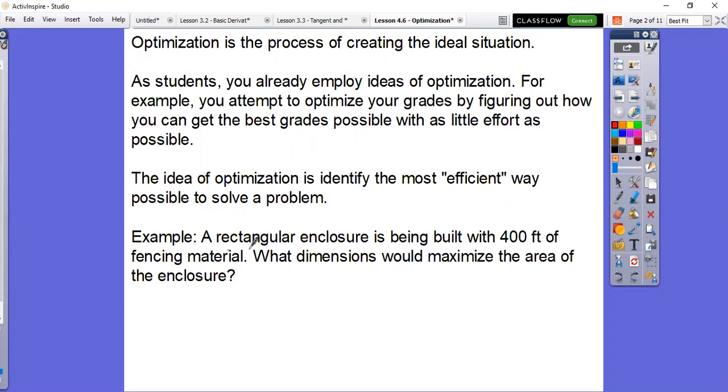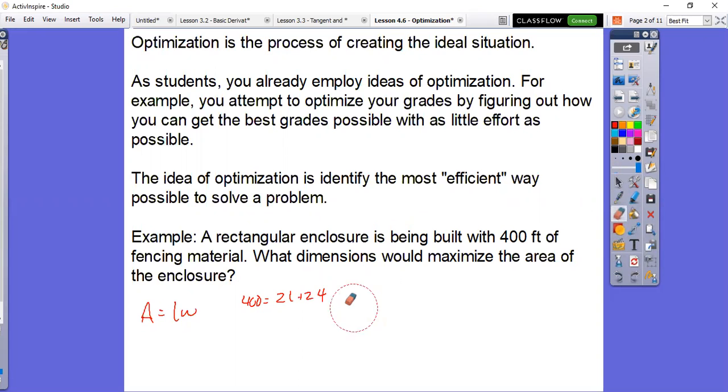For example, if a rectangular enclosure is being built with 400 feet of fencing, what dimensions would maximize the area? Basically, area is equal to length times width, right? And I know that this 400 feet is going to be the perimeter. Perimeter equals 2L plus 2W. More specifically, the perimeter is equal to 400. So I want 400 to be equal to 2L plus 2